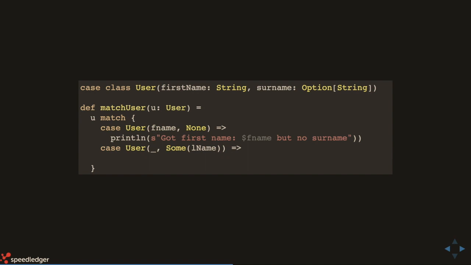And then from the option that we have there, we actually extract the value and put it into the lastName variable. So we have a combination of things that we do here. And it's a little bit of learning, but you get used to it really quickly. And in this case, we can say, yeah, so we got the last name, and we didn't care about the first name.